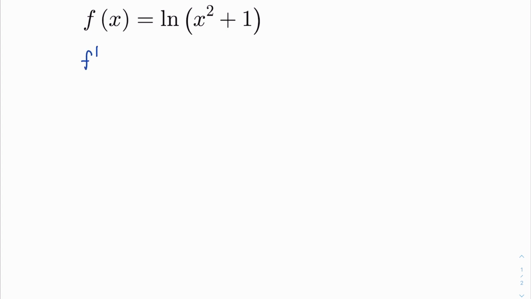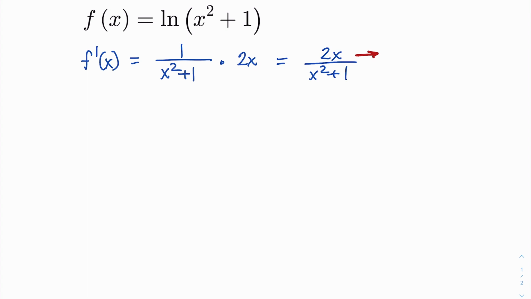So first thing we'll do is take the first derivative. Derivative of the natural log function is 1 over the something, and then times the derivative of the inside, and that gives us 2x over x squared plus 1. And now the second derivative is going to be the derivative of 2x over x squared plus 1, which requires the quotient rule. So knowing that we need the derivative of each piece, I'm going to write the derivative as 2 here, and the derivative as 2x there. And then the second derivative